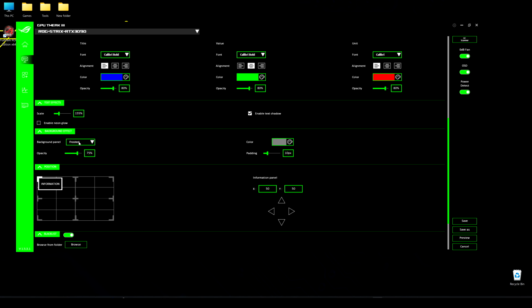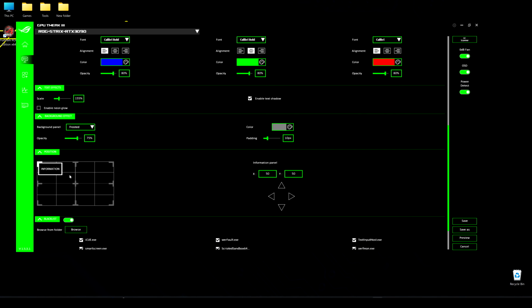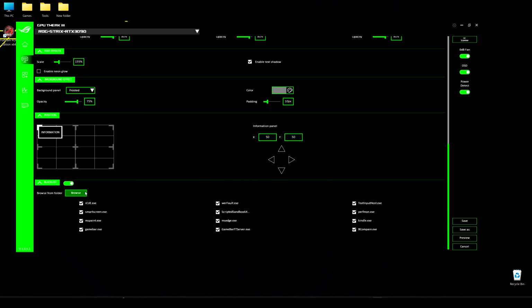Here you can choose a background panel, basically the background that you can see behind all the values. And here you choose where you want the information to be shown, in the left corner or right corner, wherever you want. So this is the display, and wherever you drag and drop this, the information is going to be shown. I find this blacklist here to be really interesting because each of these applications here can interfere with the on-screen display information,